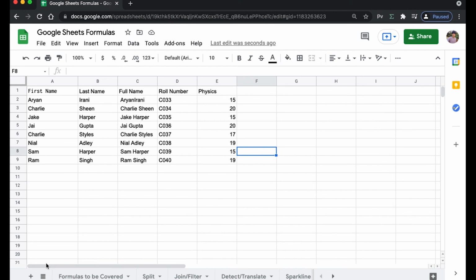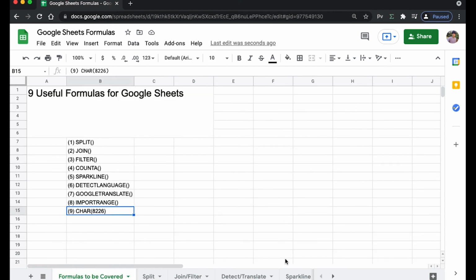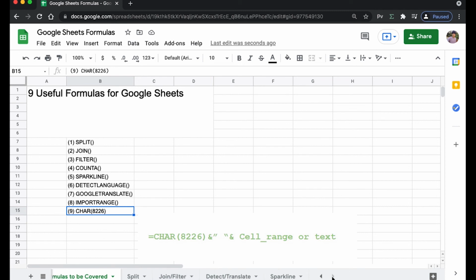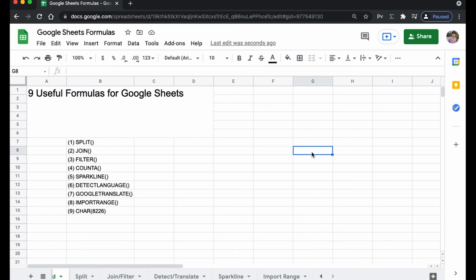Now let's take a look at the last formula, that is CHAR 8226. The CHAR 8226 formula in Google Sheets creates a bullet point inside a cell followed by the specified text that you want to add. So we're going to be doing this one here. The first step is going to be selecting the cell where you want to add the bullet point, just by typing CHAR and then 8226, then you close the bracket here, and now you add the ampersand sign